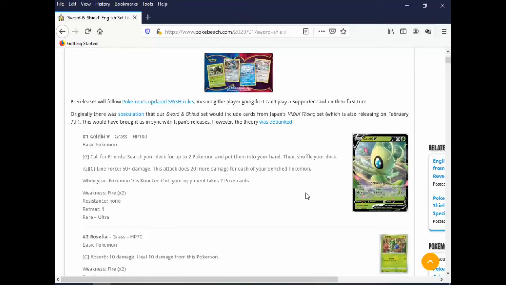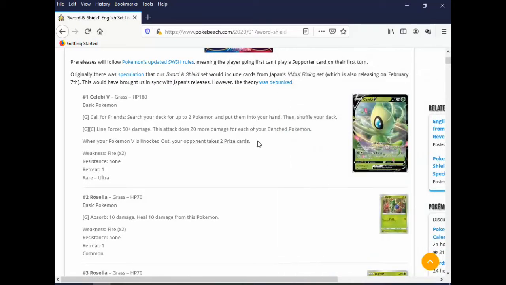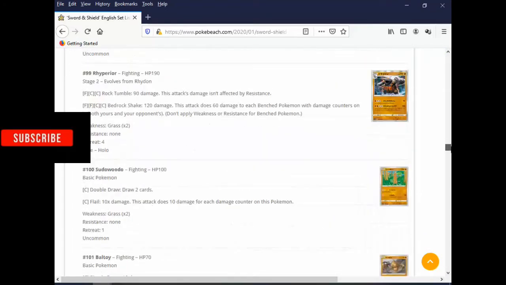We're just a few days away from the start of the new TCG era, 8th generation Sword and Shield, and it's time for me to give you guys the best cards from this set. I've got all of these scans here for our English set on Poke Beach. Some of them are still going to be in Japanese, the text and stuff, but we basically have all of the cards. So we're going to go all the way down from the beginning,